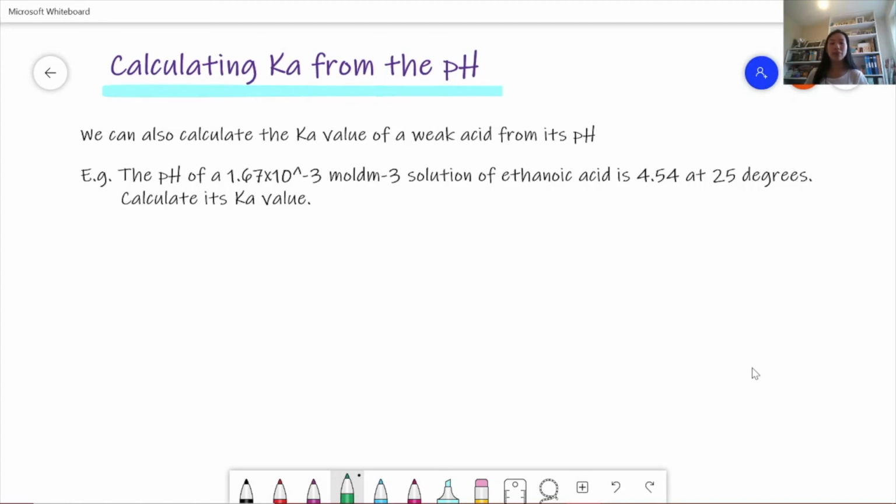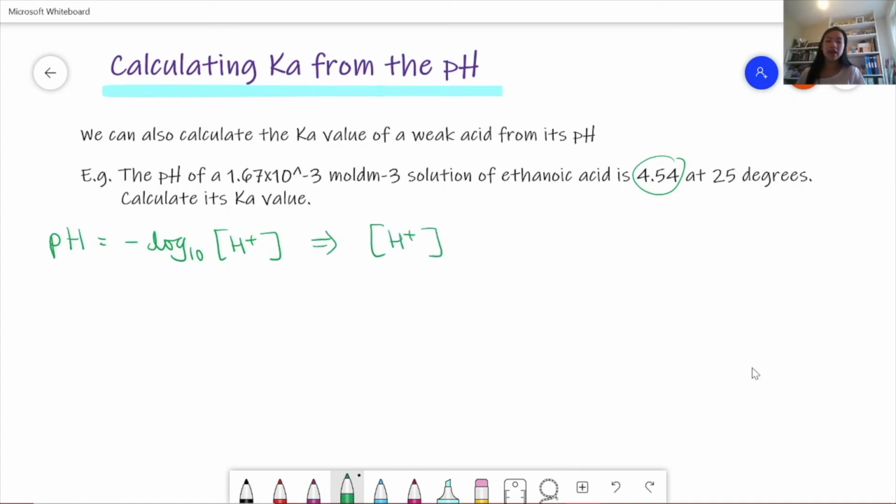So we're going to look at an example. The pH of a 1.67 times 10 to the minus 3 moles per decimeters cubed solution of ethanoic acid is 4.54 at 25 degrees. Calculate its Ka value. So what we do first this time is we work with the pH equation. So we have that pH is equal to minus log to the base 10 of the concentration of H plus ions. And so we can work out the concentration of H plus ions because we know this pH here of 4.54. And so rearranging this equation, we get